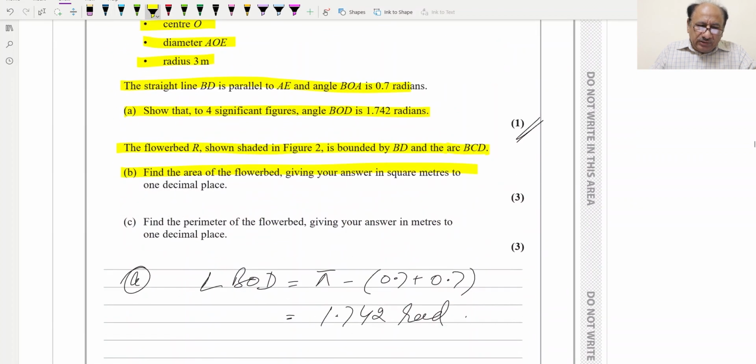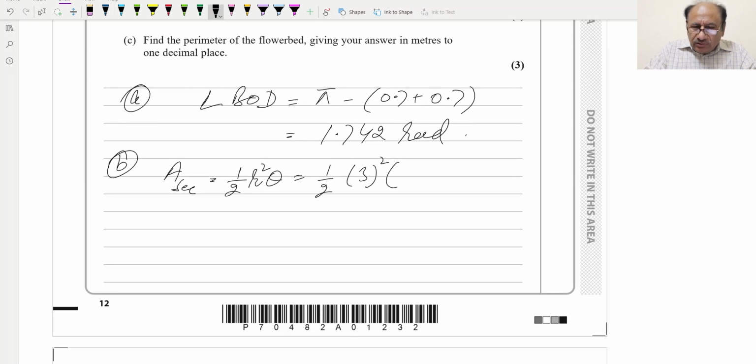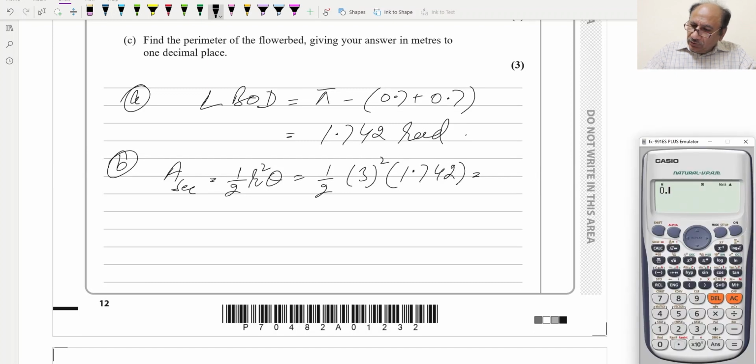We can find the area of the sector first. For the B part, the area of the sector is equal to half r squared theta, 1 by 2 r squared theta. The r value is 3, and theta we just found is 1.742. So this will be equal to 0.5 into 3 squared, which is 9, into 1.742, and this is equal to 7.8